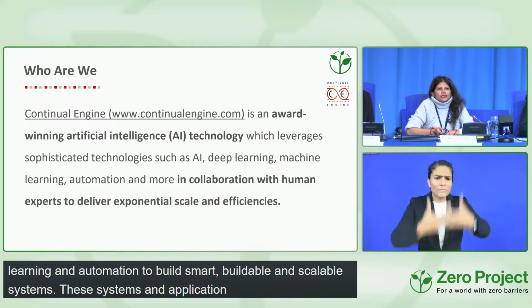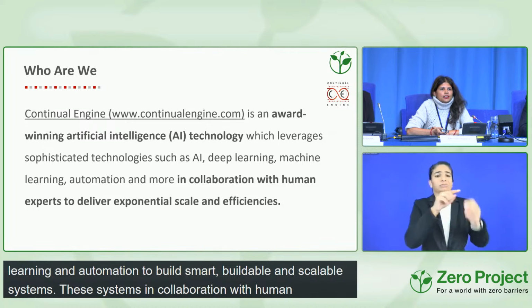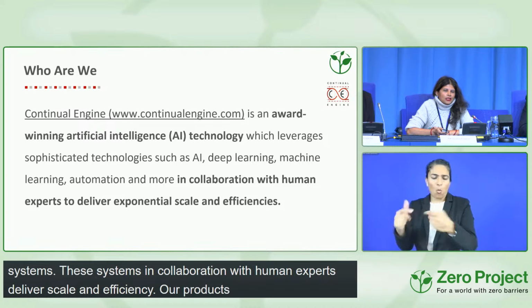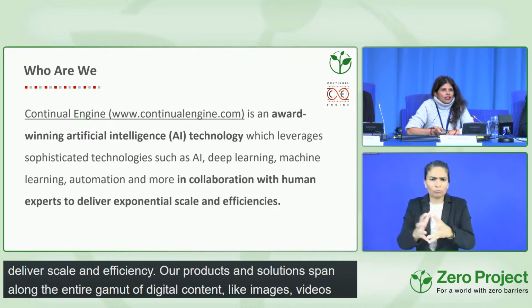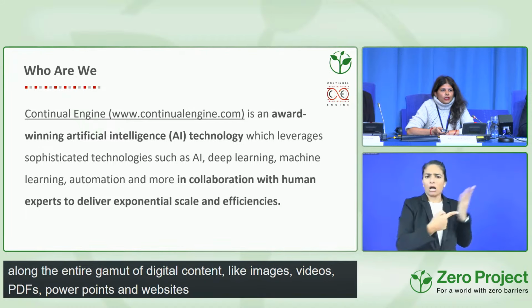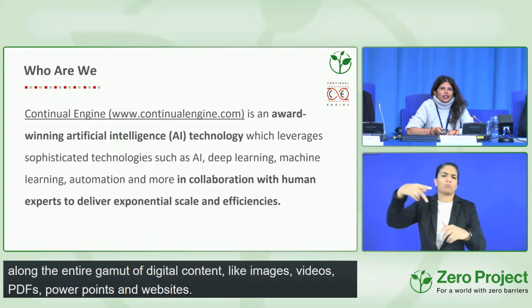Now, our products and solutions span across the entire gamut of digital content, like images, videos, PDFs, PowerPoints, websites. I will be focusing on 3 of our solutions here, which I think would be of particular interest to the audience here.